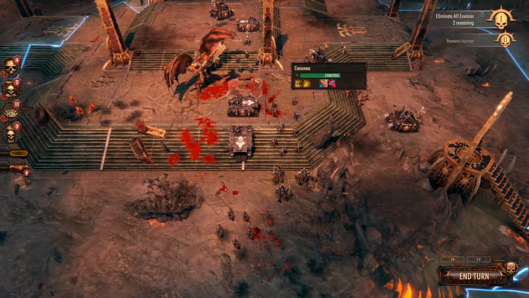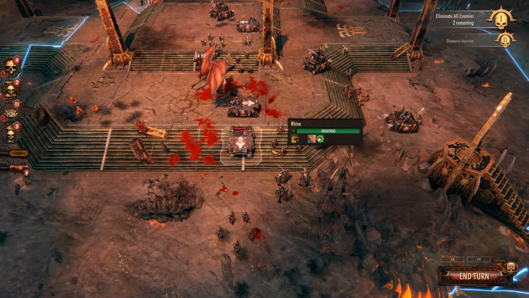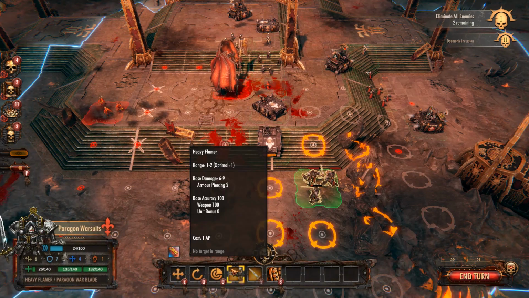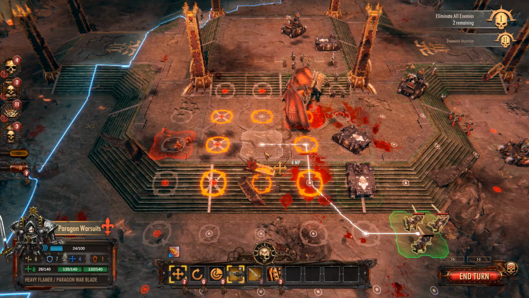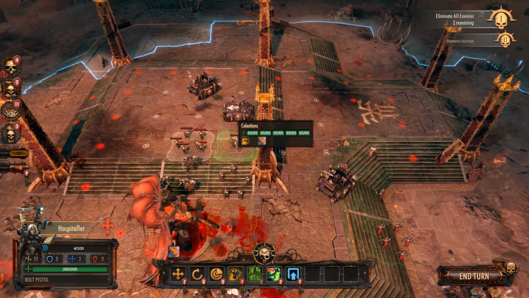What is your command? We move to execute the unclean. This thing is range 2, so oh yeah. So one of the cool things about the heavy flamers is they're actually range 2. So what I can do...